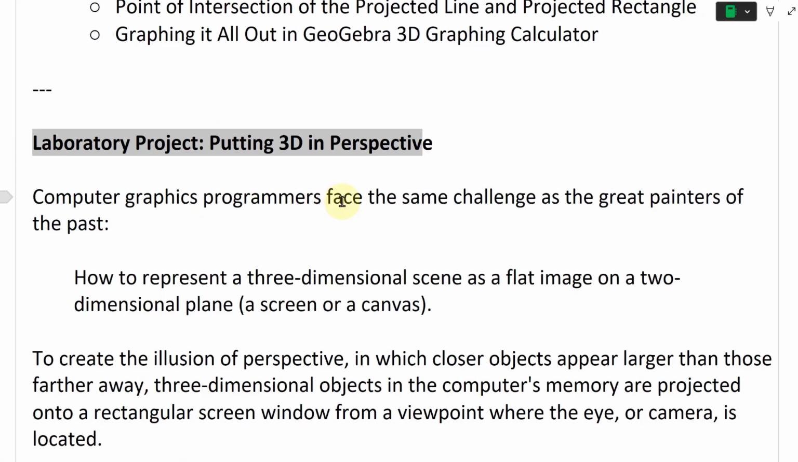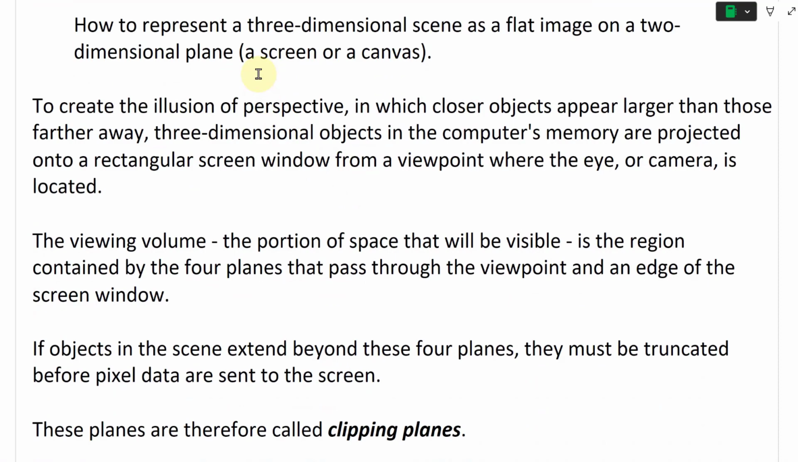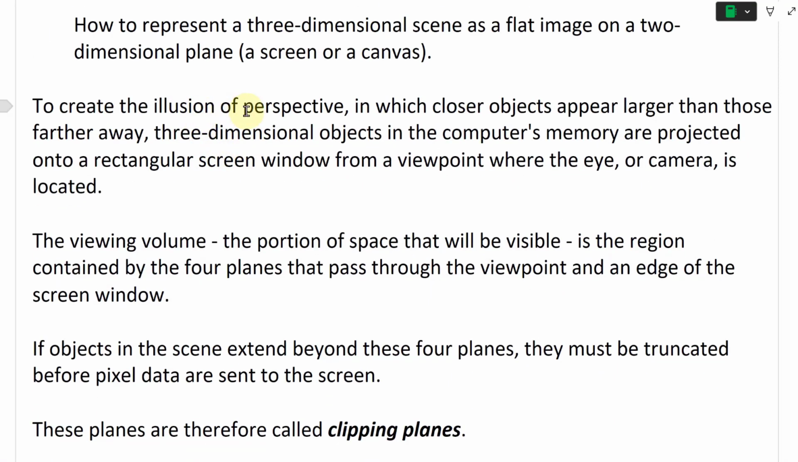Computer graphics programmers face the same challenges as the great painters of the past: how to represent a 3-dimensional scene as a flat image on a 2-dimensional plane, in other words, a screen or a canvas. To create the illusion of perspective, in which closer objects appear larger than those farther away, 3-dimensional objects in the computer's memory are projected onto a rectangular screen window from a viewpoint where the eye or camera